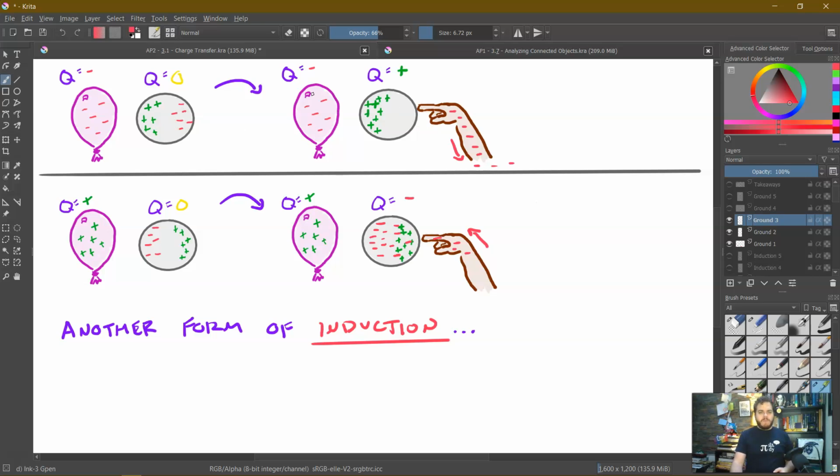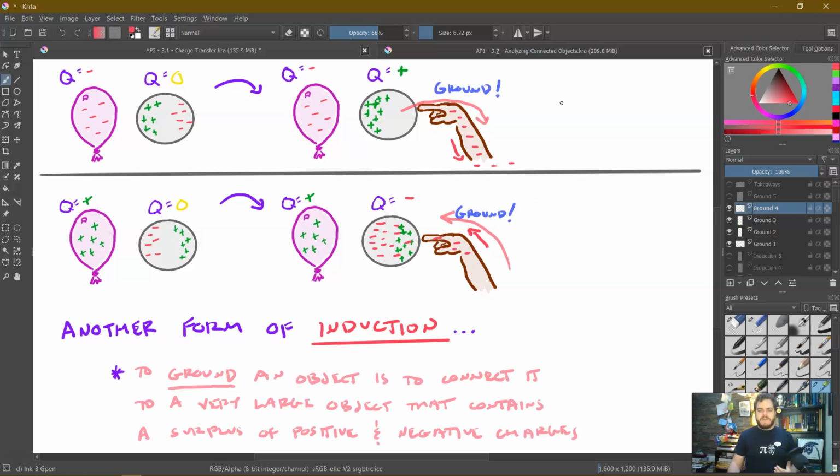Now when you do this, well in this top situation, when we touch it ourselves, all the electrons that were on the sphere want to get away from the balloon, so they travel down through our body to the ground. And on the opposite side of things, if we touch it when there's a positive balloon nearby, a bunch of negative charges from the ground will come up through our body and go to the sphere because they are attracted to these positive charges. So they're going to go this way. And this is a process known as